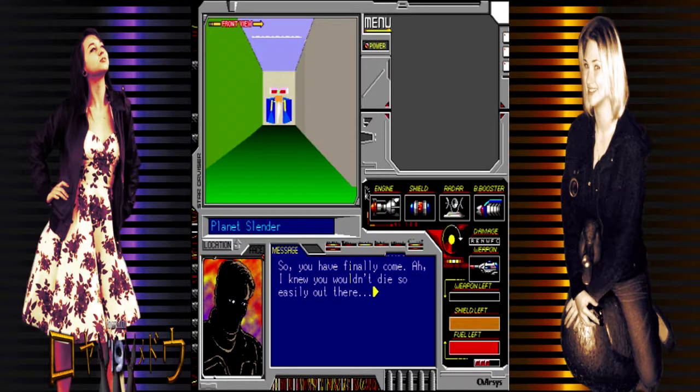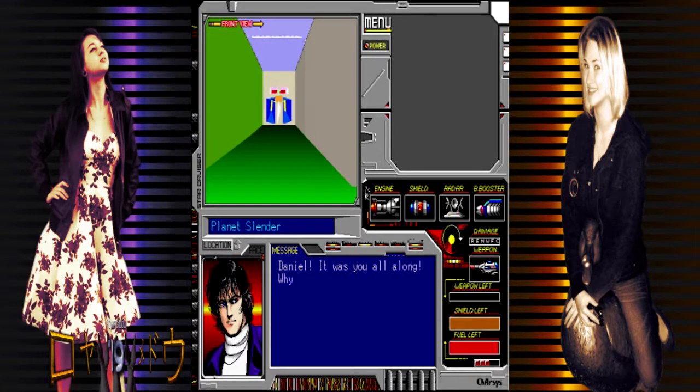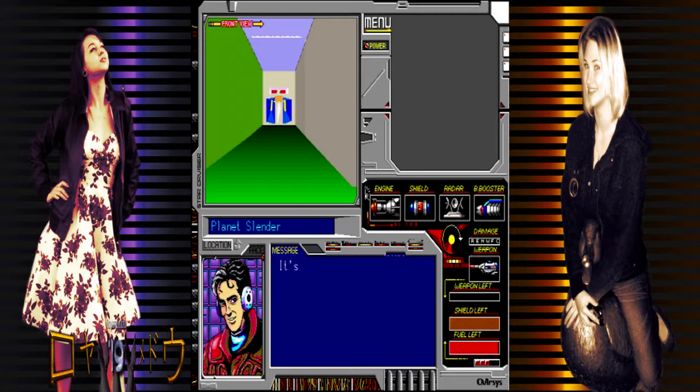And now it's time for the boss fight. This is Crimson Scorpion, who just so happens to be Gibson! Oh! What kind of plot twist is this? Yep, either way,